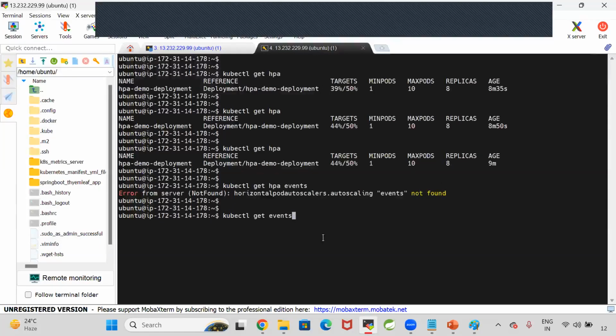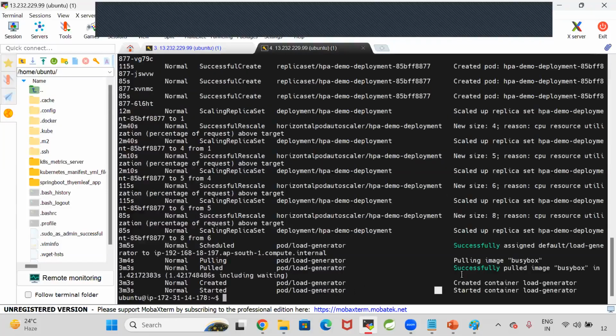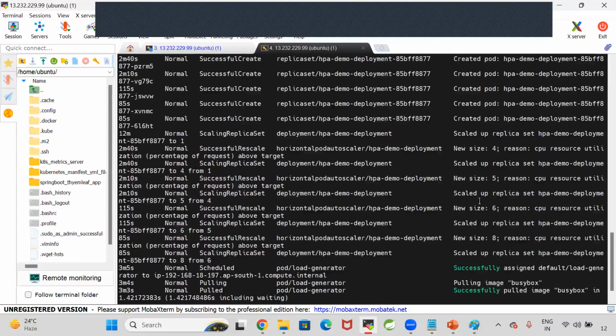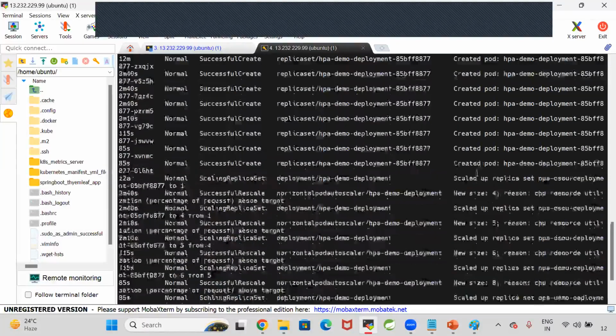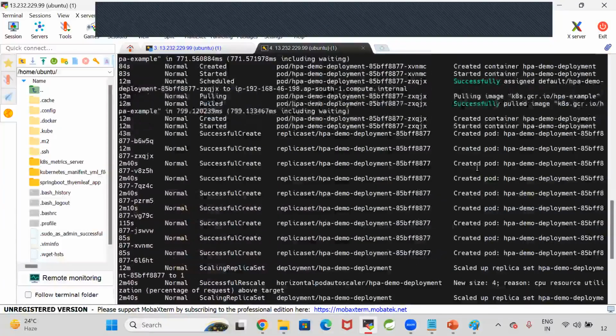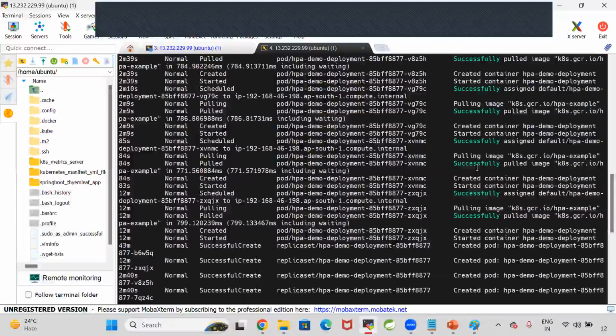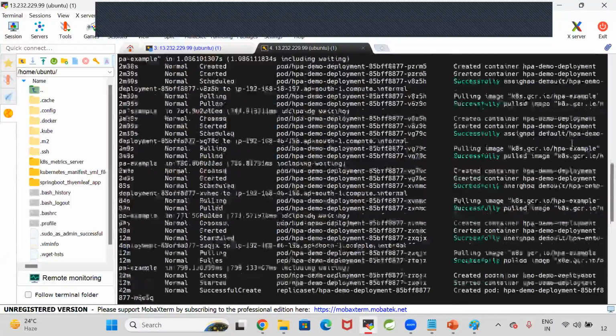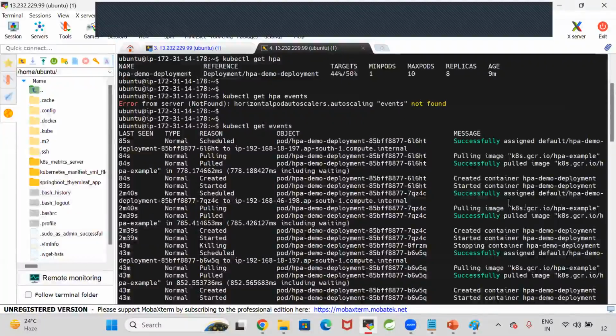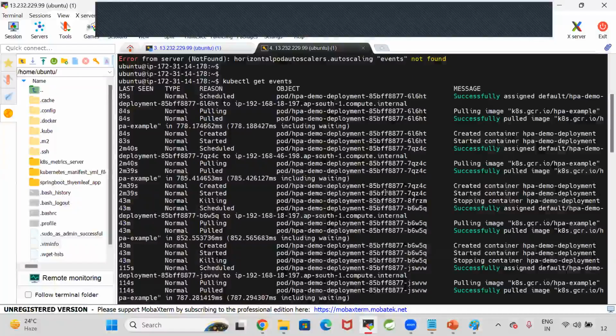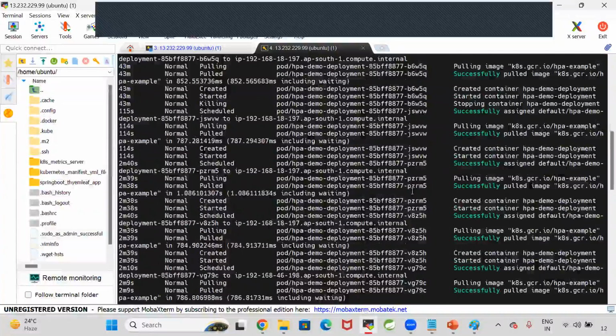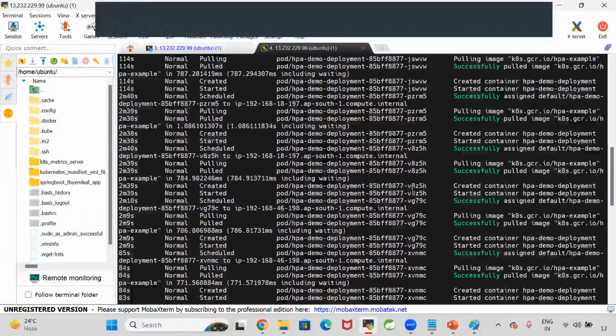Now you can see the events available. Load generator is available, pulling the busybox image, scaled up the replica set, new size, CPU resource utilization scaled up, new size 4, created the pod. What happened internally, we can see that. Successfully assigned the default HPA demo, pulling that image, creating the container. So here, when the load is increasing,